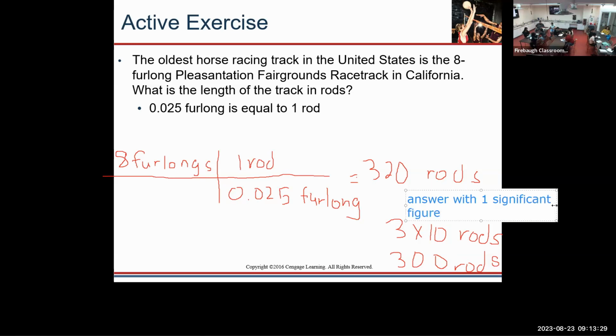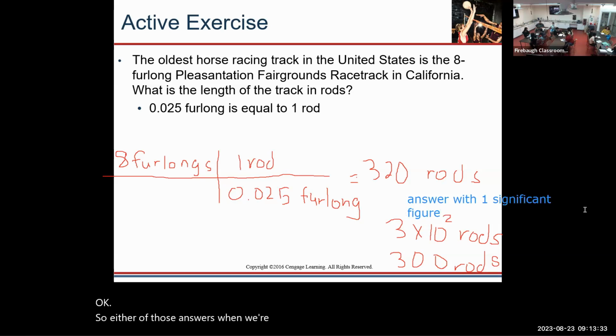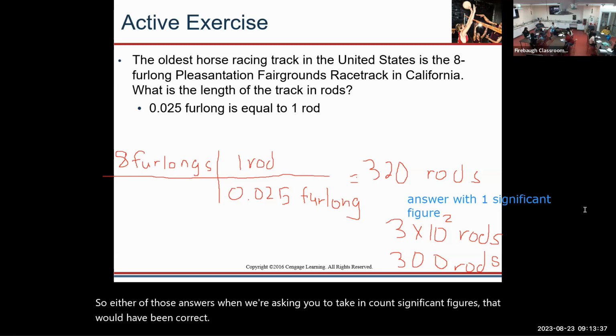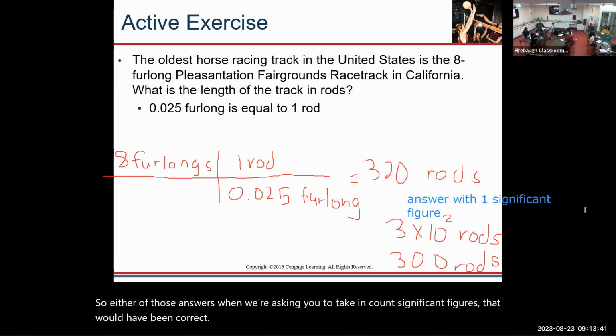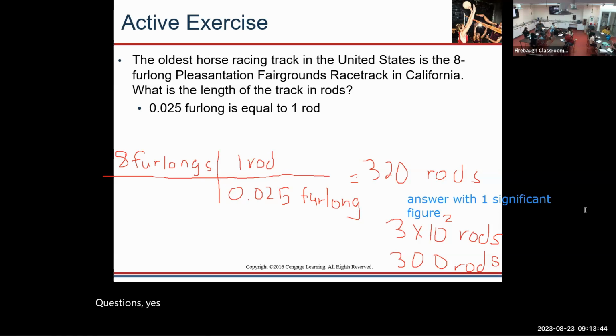Okay? So either of those answers, when we're asking you to take into account significant figures, that was incorrect. Okay? Questions? Yes. So how would it prevent? Say it one more time, please. So, how do we put 300 rocks? How do we put